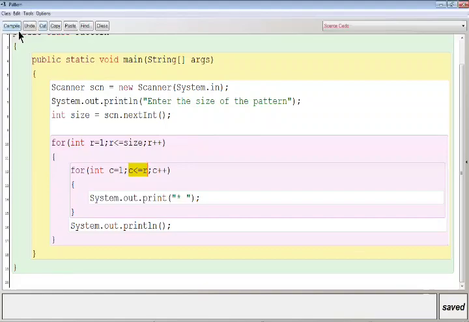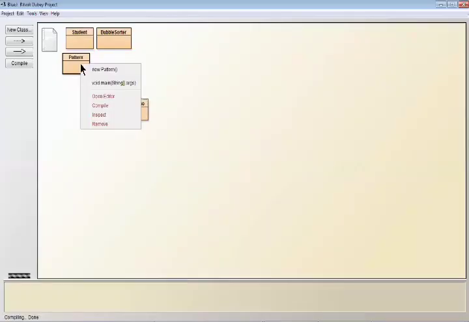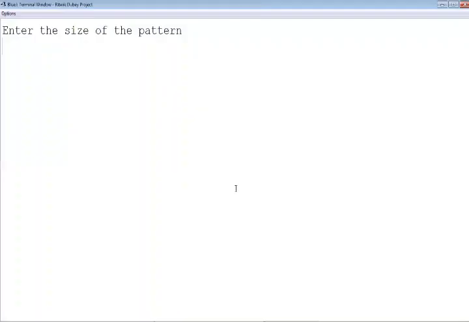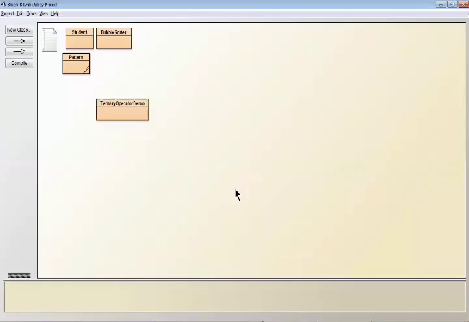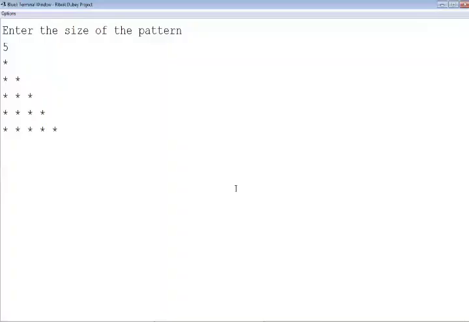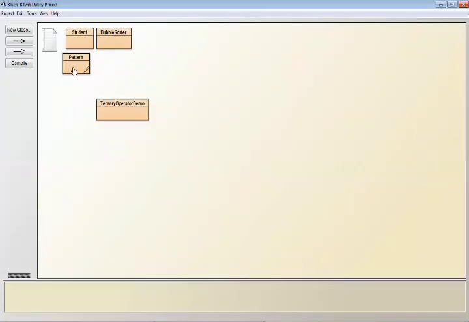Let me show it to you, no syntax error, close, let me call the main method, suppose size is 5, see the stars are getting printed in the desired part, see, yes or no? Okay, so this is the pattern 2. Second video of pattern.